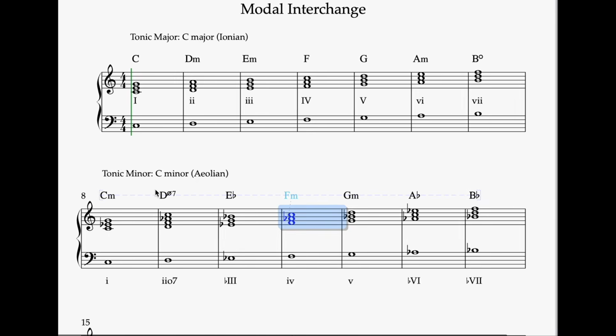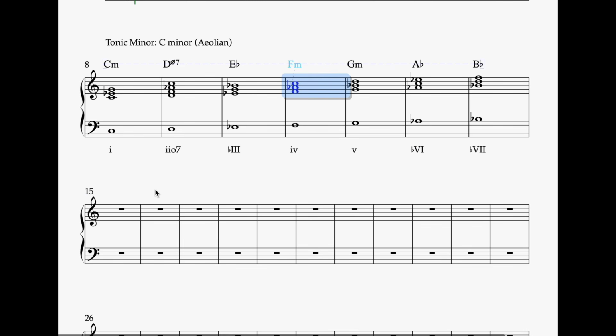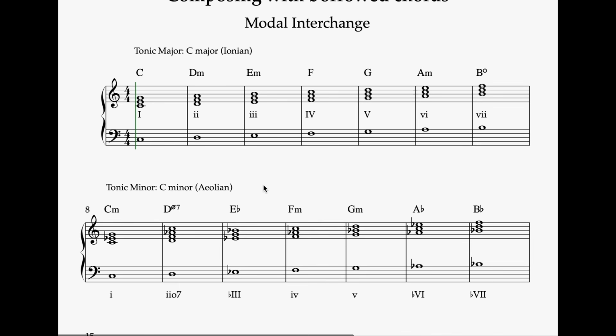Now I'm going to see if I can do a little demo here. I think it might be easier if I just do a little piano comp, do a couple of phrases maybe, and try to use these borrowed chords. All right,